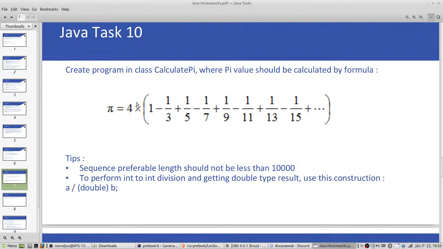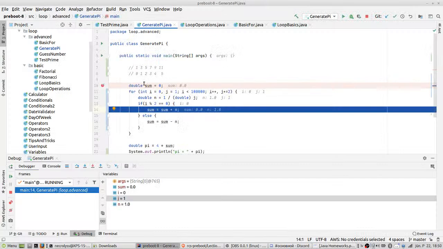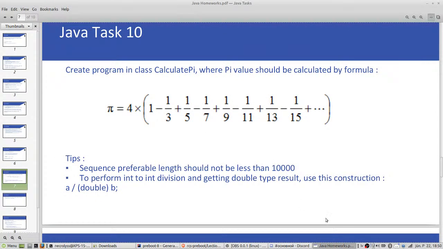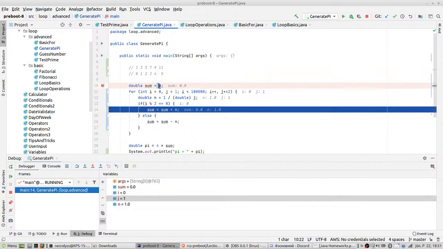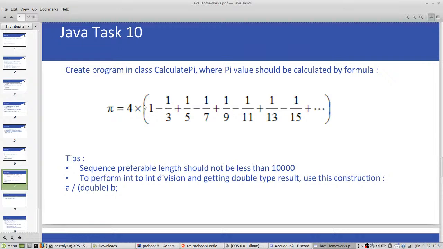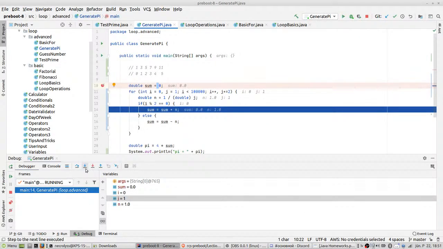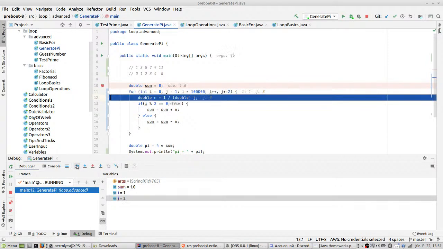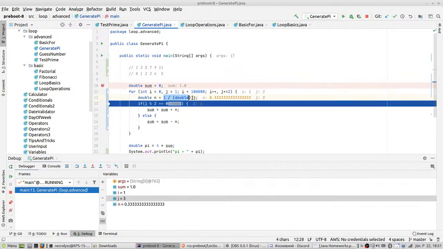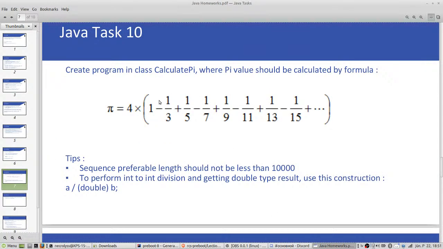So actually we could say that our initial sum is 1 and just forget about this 1 here and start from 1/3. But well, actually we can put this 1 into a part of the formula. So start from 0 and perform +1 from this with first iteration. So next we have 1 divided by 3. So this one, and we need to subtract this from our